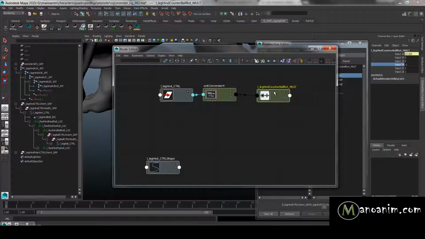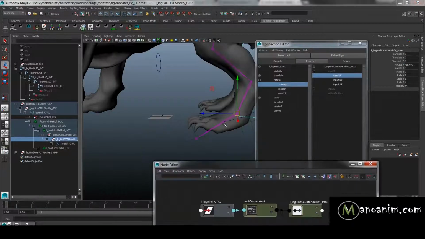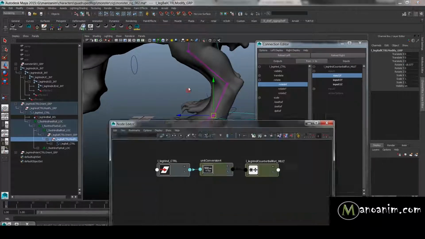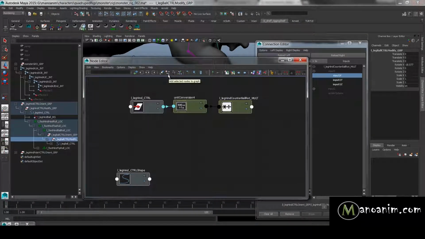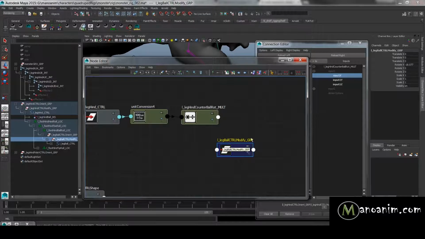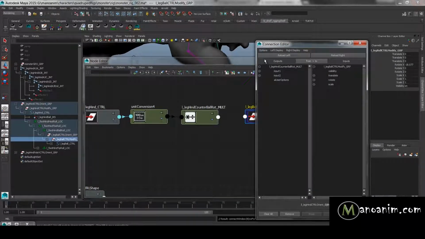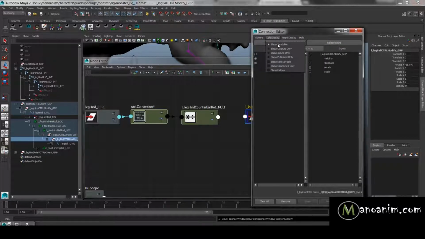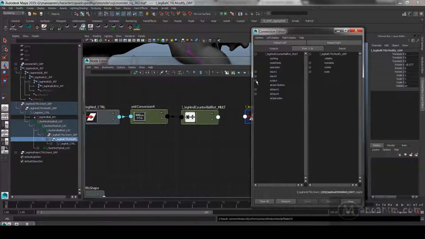So for the output of this, I take the modify group of my ball, and I add selected nodes to graph. I get this node, drag it up here, hold down control and middle mouse, and drag it over to my modify. Now you want to see the outputs. An output is a non-keyable attribute, because you don't usually put something into an output. It just gives the result of whatever has been calculated inside the multiply divide node. So I'm going to take the output of that result, output x. So I use the x channel,